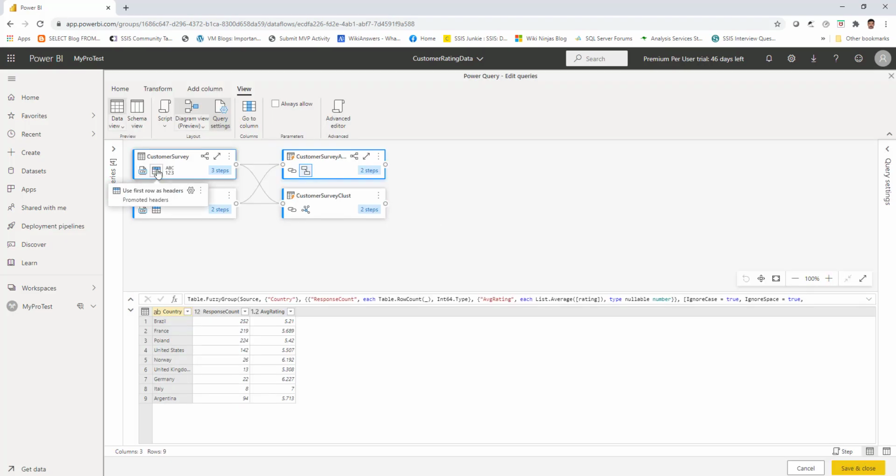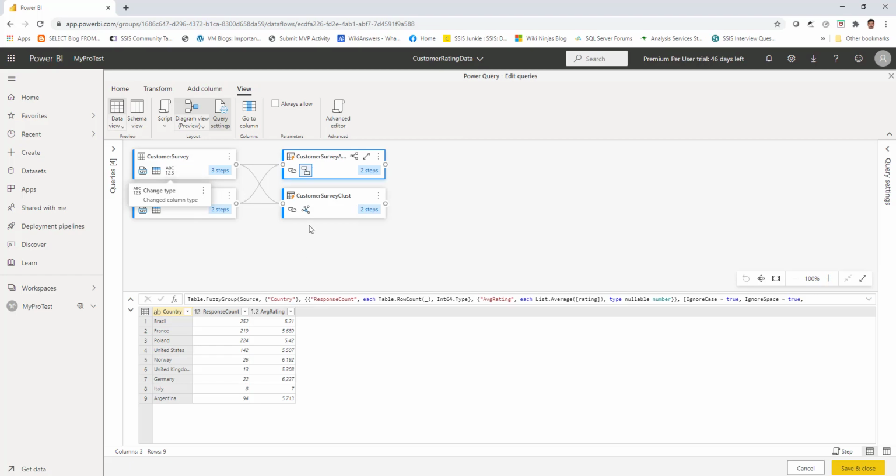And what is the next step, which is using the first row as headers. Then the next step is changing the data type, and if you want to see the details of that, you can look into that, and you can also have the other properties selected from here, like the renaming of that step, before moving the steps, changing the sequence of steps, and even the query plan can also be viewed from this step. So this kind of a representation makes it much easier for the developers to visualize.